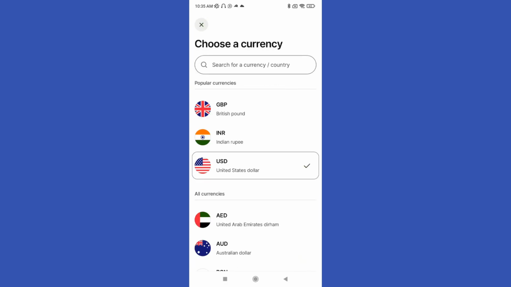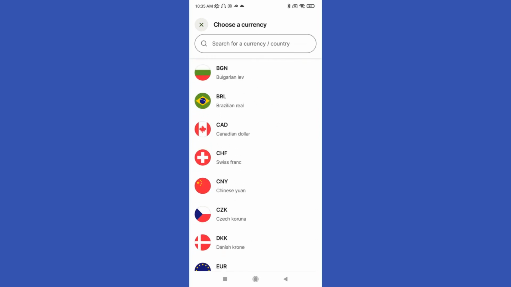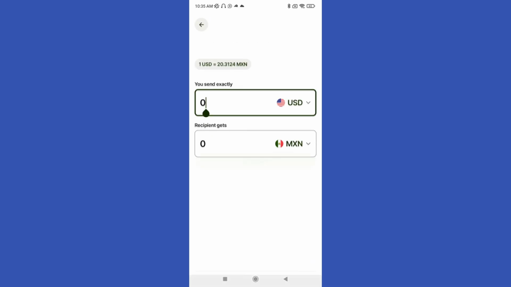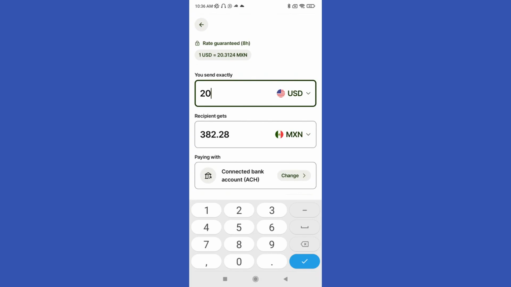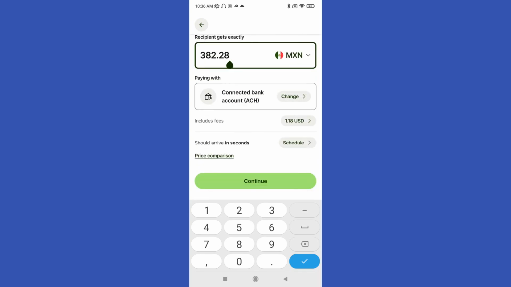In this case, if it's USD and GBP, or for example Australian dollar, Brazilian real, Canadian dollar, etc. So you can select the currency, and then you select here, for example, how much you want to send, for example $20, and then here appears how much the recipient will get. Okay, this is the amount with fees, etc. So now you only continue here,